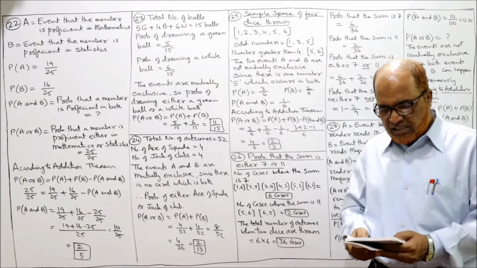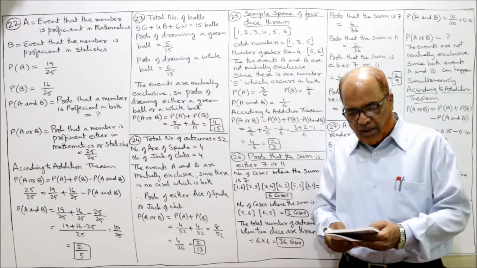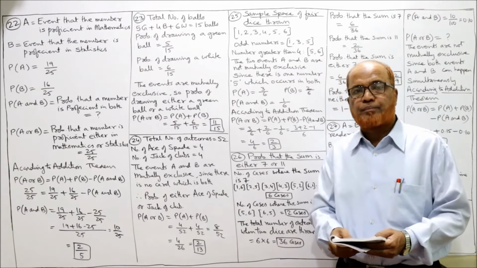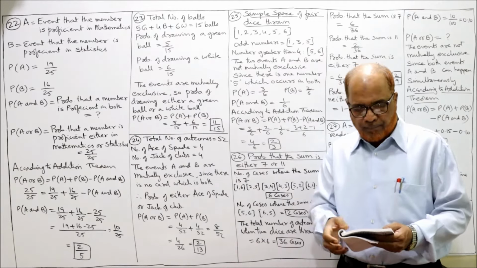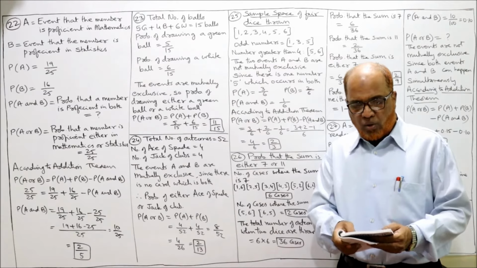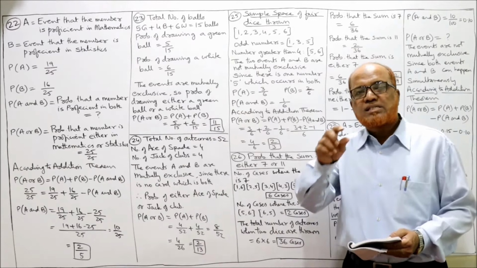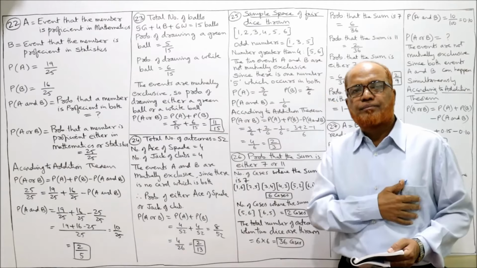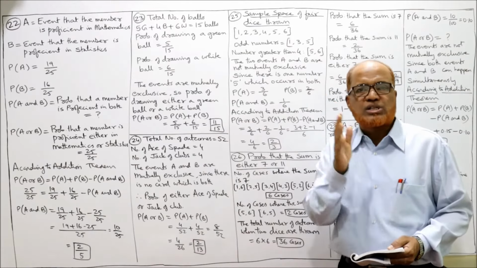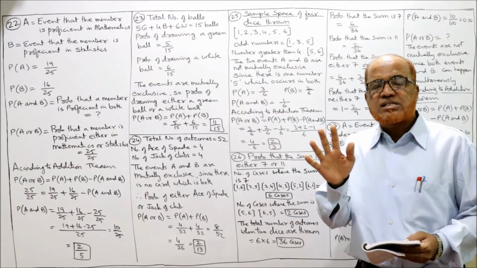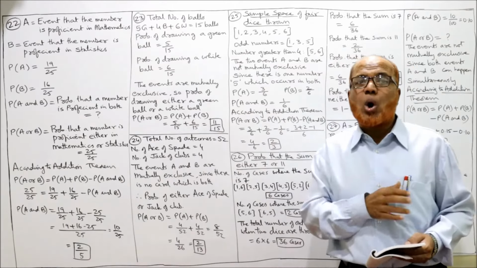Second, what is the chance that either an odd number or a number greater than 4 will turn up? When you throw the die, a fair die is thrown, what is the chance that it is an odd number? So in 6 numbers we have 3 odd numbers, 3 even numbers. The odd numbers are 1, 3, 5. Even numbers are 2, 4, 6. So here it is not asking even, it is asking you odd.